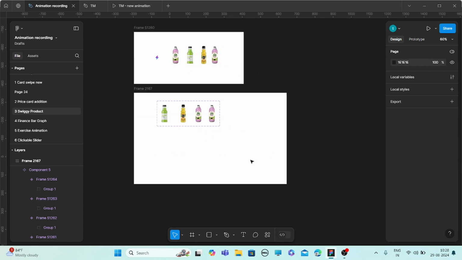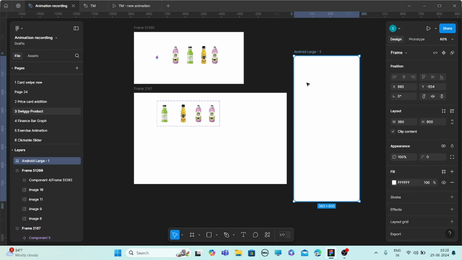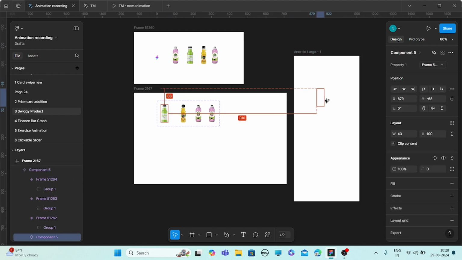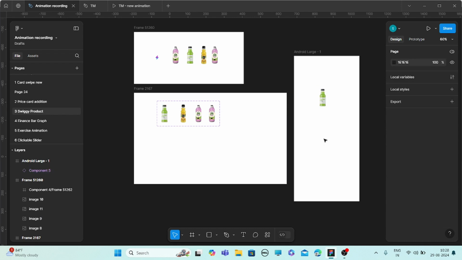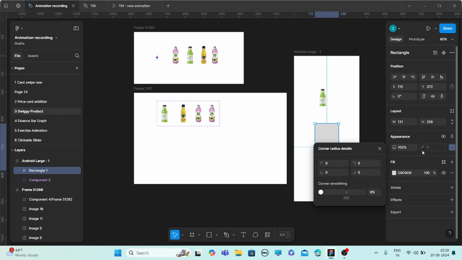First we'll check whether this animation is working properly or not. Select a frame of Android large and then select the first instance of this, and we'll make one rectangle here and give a corner radius of 20.